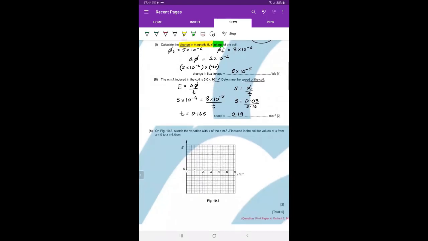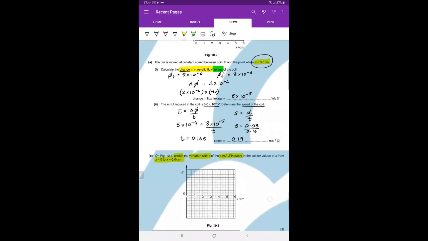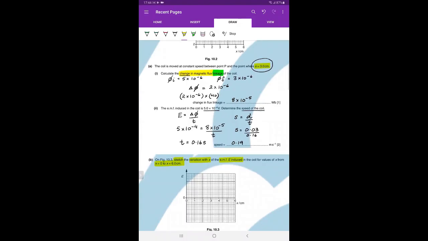नेक्स्ट पार्ट के लिए आई हैव टू स्क्रॉल बैक अप। सो आप पहले ये पार्ट पढ़ लो ताकि फिर मैं इसको स्क्रॉल अप कर दूं। स्केच द वेरिएशन विथ एक्स, और ग्राफ बनाना है इंड्यूस्ड ईएमएफ का फॉर अ डिस्टेंस 0 थ्रू 6। तो अब मैं दोबारा स्क्रॉल अप कर रहा हूँ, रादर इसको थोड़ा सा जूम आउट कर देता हूँ। सो लुक केयरफुली, they have already given you the value of the induced EMF, जिसको मैं सर्कल कर रहा हूँ।